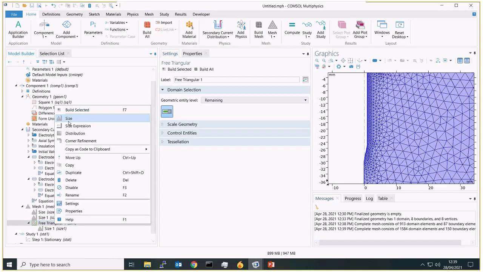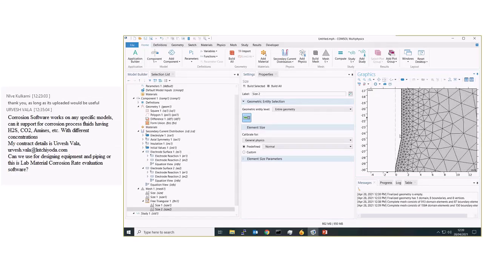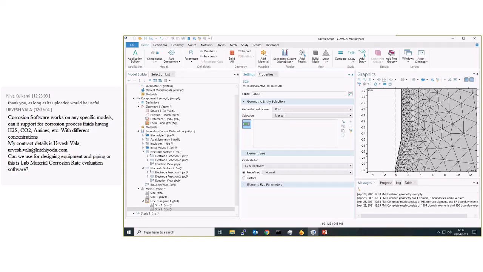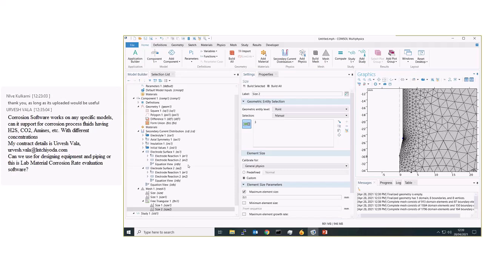And perhaps if we're very interested in where the two electrode surfaces meet, we could even refine around a point. So we can select that point there and say, let's put the maximum element size at this point to be 0.1 millimeters. Then if we refine that even more, we can see there's more mesh in that region.